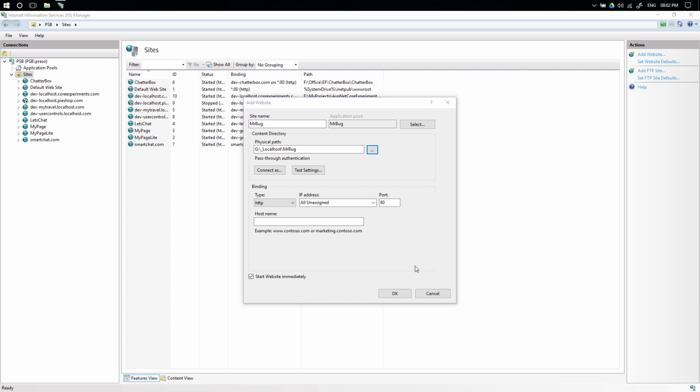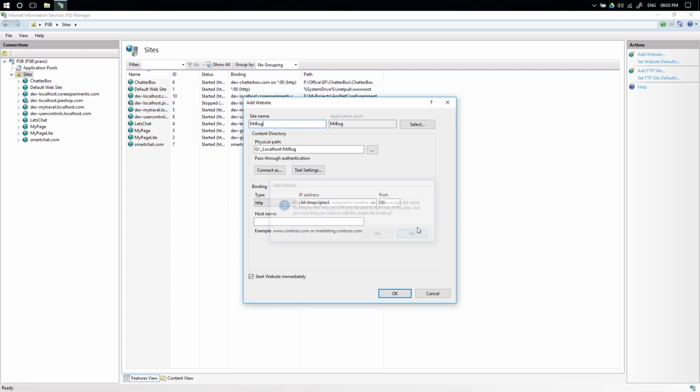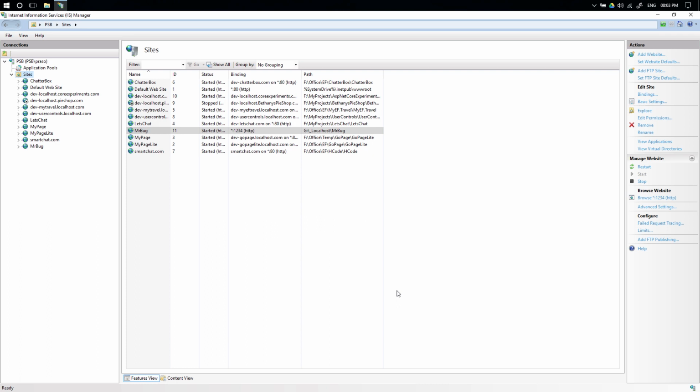As we saw earlier in this video, the IIS default page is running at port number 80. So I have to change the port number for this. But before changing, let's see what will happen if you try to use the same port. Let's click OK. Oops, I think IIS didn't like that. So let's change the port to 1234, which is easy to remember. Now click OK.